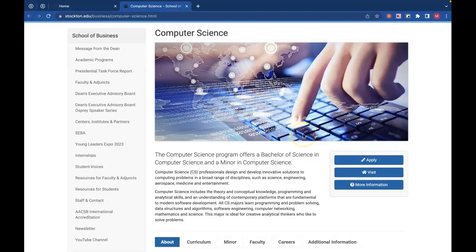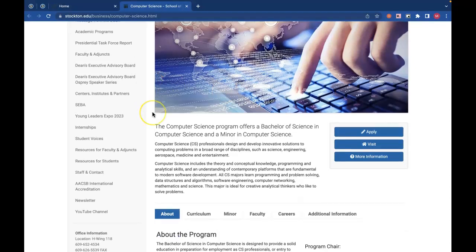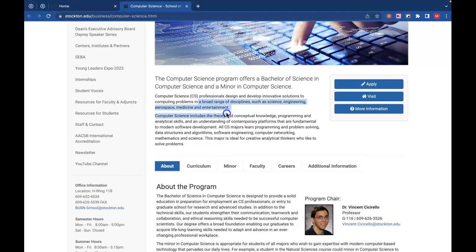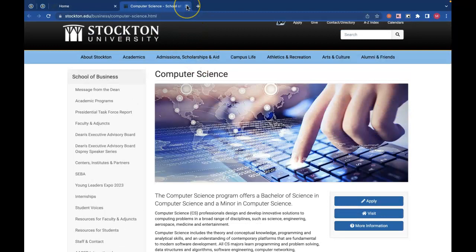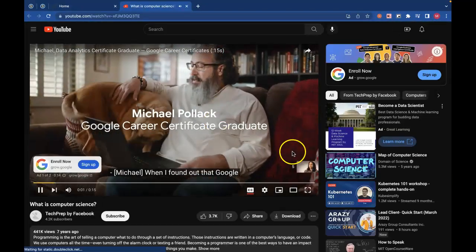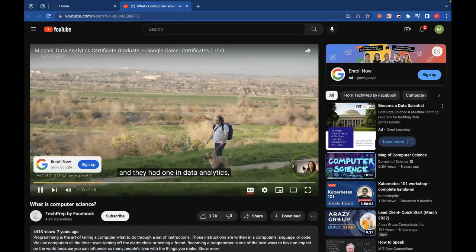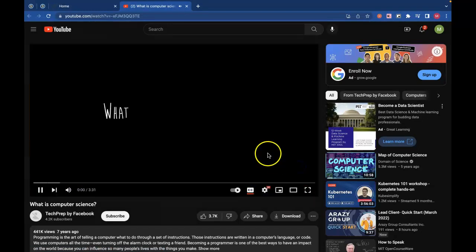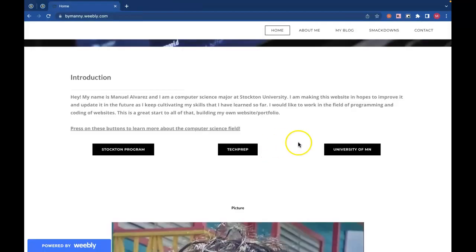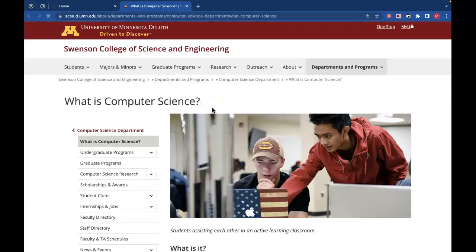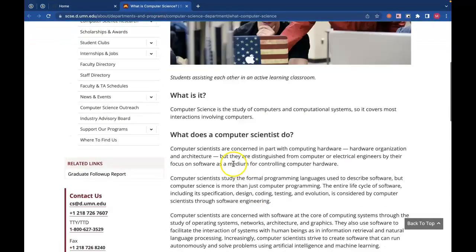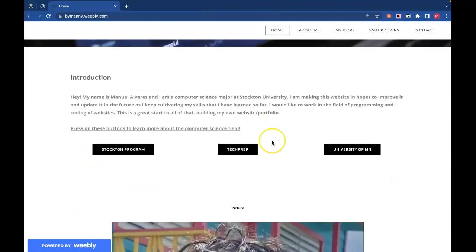One of them is ours that offers more information about the major, computer science. So you see right here, the Stockton Computer Science program. I have a video right here that explains it. From Google, I found out about career certificates, and they had one in data analytics, I thought. And then I have another one from the University of Minnesota, Duluth. I don't know how to pronounce that name really, but right here it explains. I picked those three out because I think they explain them pretty good, and one of them's our own